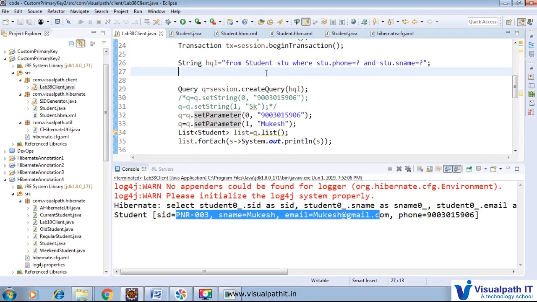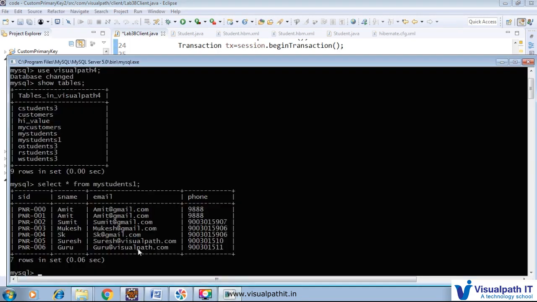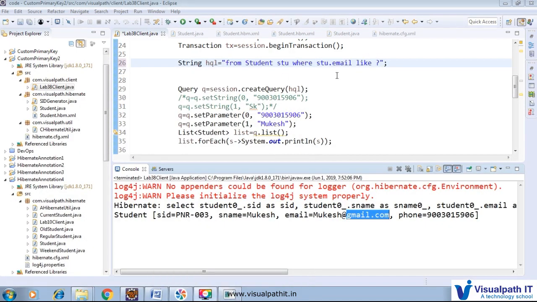So from customer C, where C dot email like, not equal to, like, we will pass something and I will delete this thing right now. So here what I am trying to do, here we have multiple email IDs. Some email IDs are gmail.com, some related to visualpath.com. So I would like to access the students whose email ID is related to visualpath. I don't want to access those whose email ID is gmail.com. So we can utilize like for this, and after that